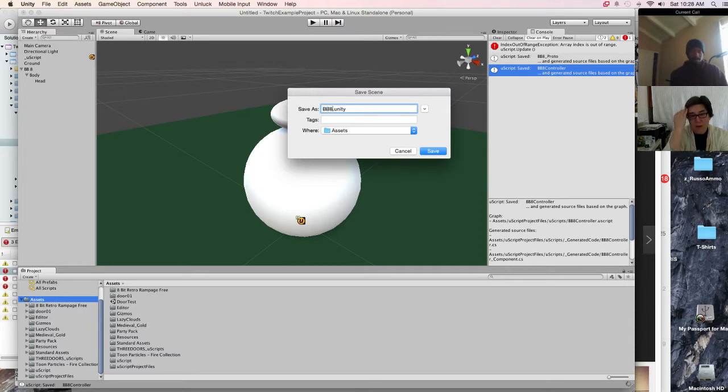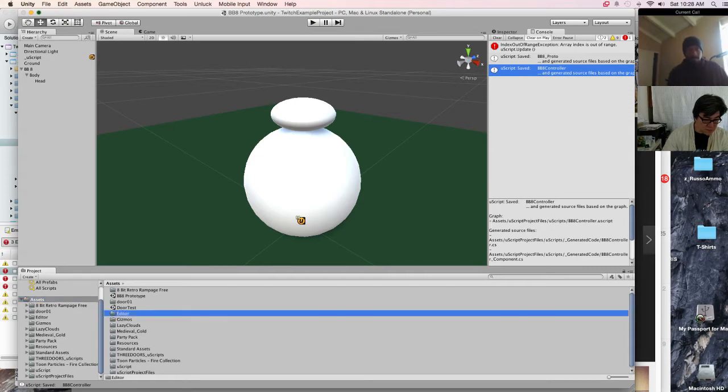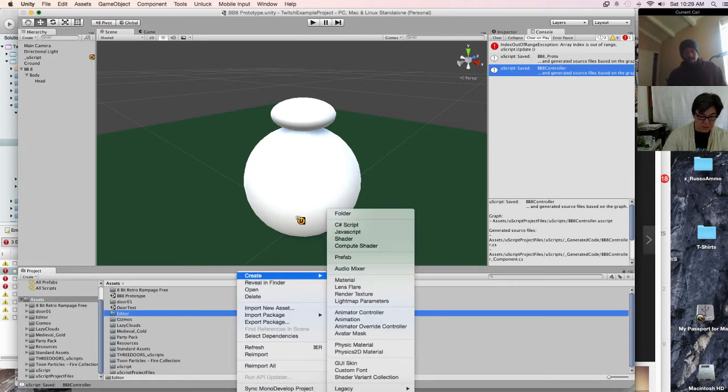Let's save our scene. BB-8. Look at that. I would have been really upset if we had a power outage and I lost the last 30 minutes of work. BB-8 prototype. All right. It's almost time that I start putting my scenes into a folder so they're not lost in this jumble. Let's go to assets and create an organization folder.